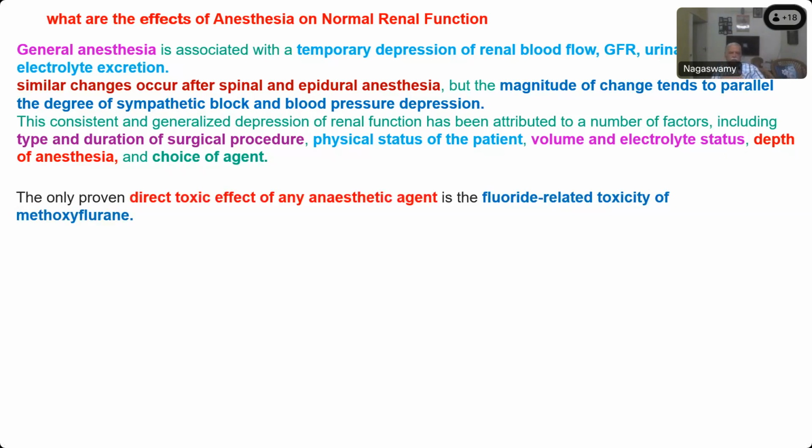Whereas some drugs like methoxyflurane, which is not used nowadays, it has been banned, but for exam's sake you have to know, when it was introduced a lot of people died of renal failure postoperatively, because the fluoride directly affected the nephron function and caused renal failure. What type of renal failure was produced by this drug, methoxyflurane? Was it an oliguric renal failure, or